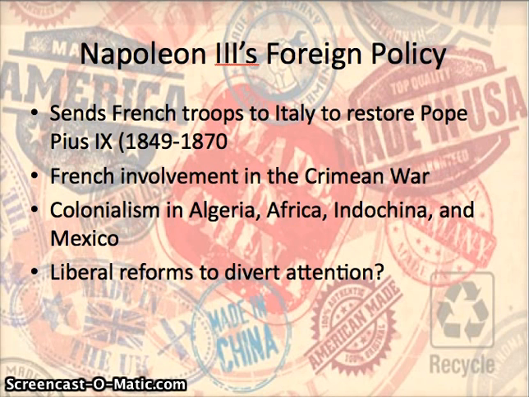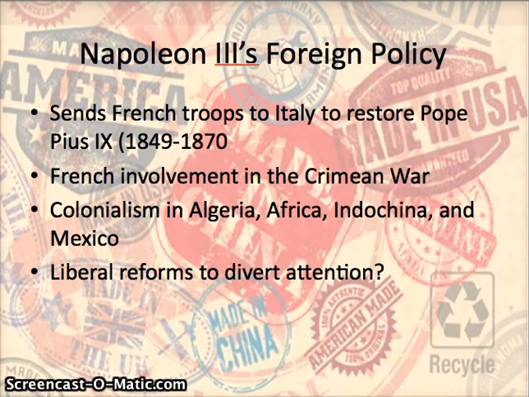Also, you're going to see that France gets involved in the Crimean War against Russia. They're supporting the Ottomans in this instance. We're going to talk about the Crimean War next time. This is also going to upset Republicans and liberals because they see it as an effort for France really just to oppose Russia, that they're clearly not involved in the conflict for religious reasons, which is really what caused the war itself. So again, there are going to be a lot of liberals who are opposed to France getting involved in this conflict. Also, liberals tend to be against military conflict in general.